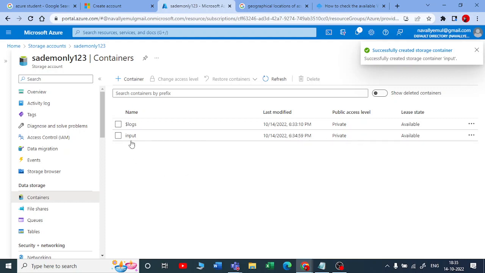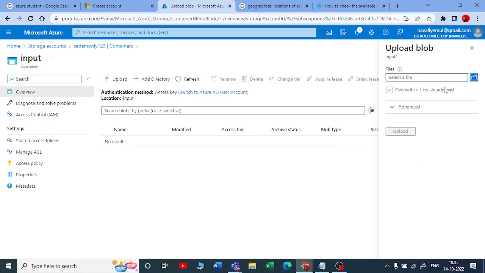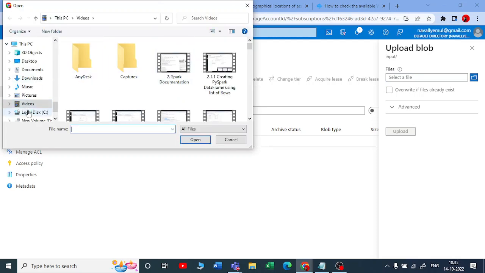Now, if you click on this container, you can upload anything you want in it. You can click upload. You can put your raw file, a structured file, semi-structured file, images, audio files, video files, whatever you want, you can put here. And I have shown you that 500 TB of data can be stored in this. Just imagine how huge the data we are talking about is. So let me upload one CSV file and show you.